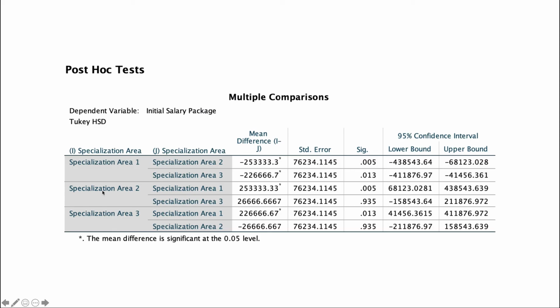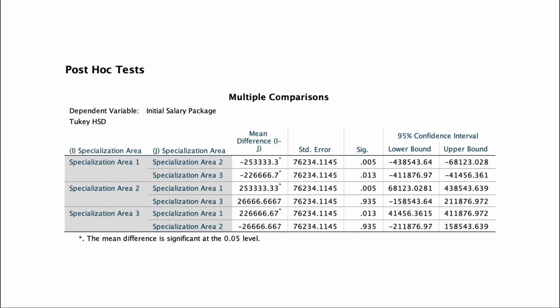If we check specialization 2 compared with specialization 1, there is a statistically significant mean difference here also. But there is no statistically significant difference between the salaries of those students who have opted for specialization area 2 and specialization area 3. The same could be checked through this also, that is, the comparison of specialization area 3 with 1 and 3 with 2.